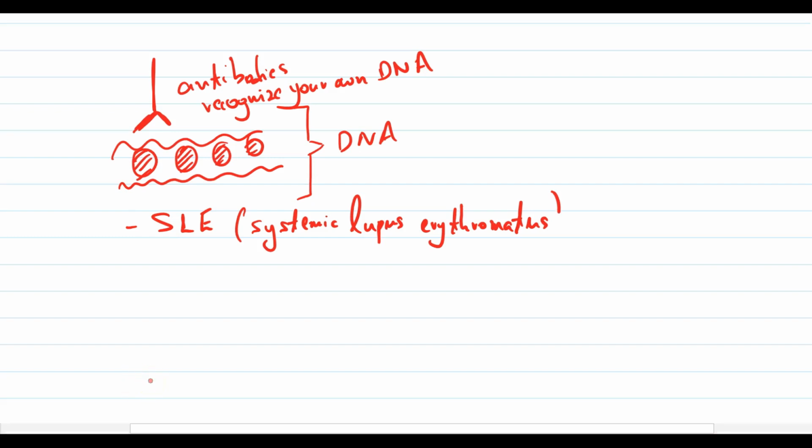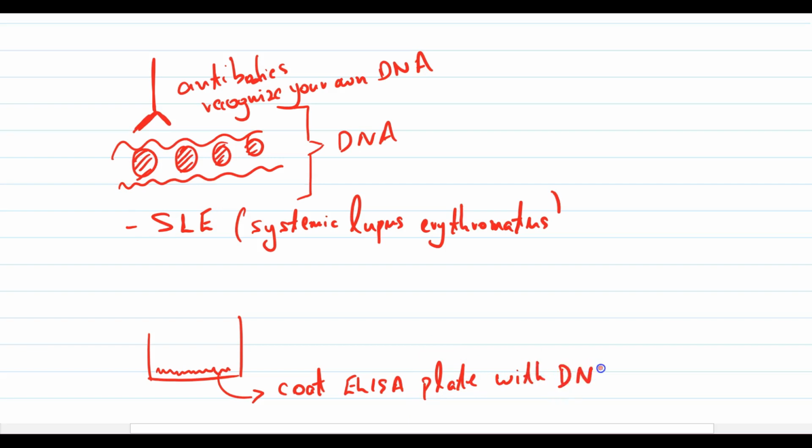You could take an ELISA plate and you could coat it with DNA, right? So this is done, you covalently link the DNA onto the plate. Then, if this is the patient's